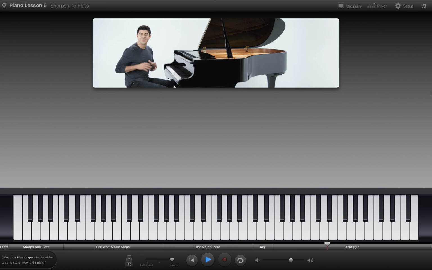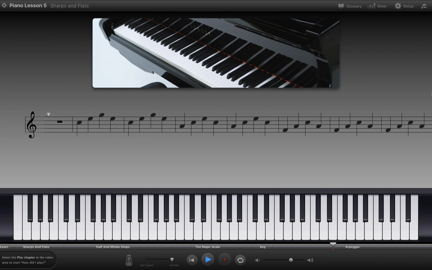This time, hold down the sustain pedal and play the same thing. Try to lift the pedal when you change to each new chord, and then press it down again when you start the next chord. Play along with me. 1, 2, 3, 4. C, A minor, F,